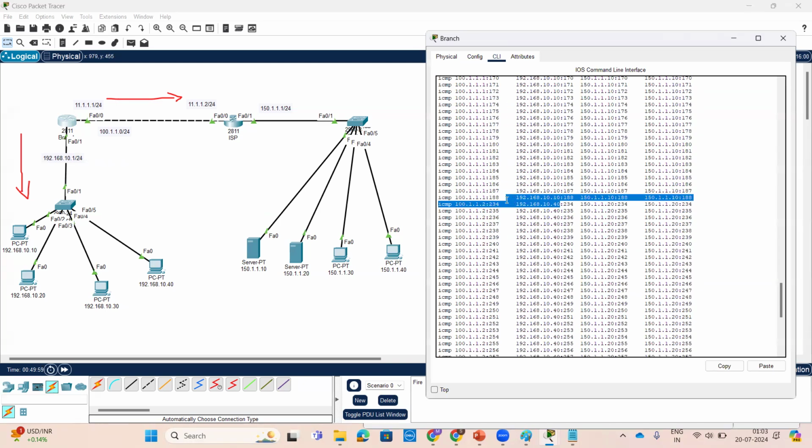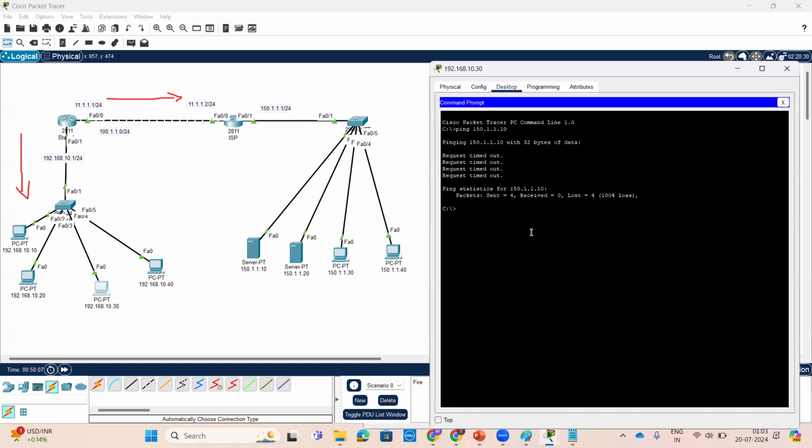Continuous ping is happening with these two PCs only. If you try to ping from other PCs, we are not getting replies. With ping -t, if you want to check these things,